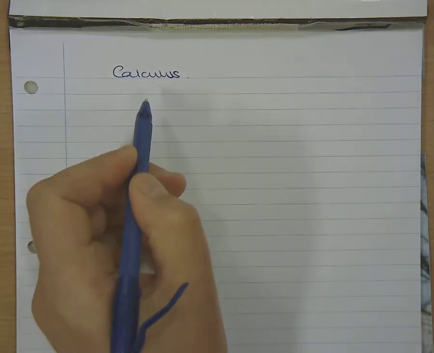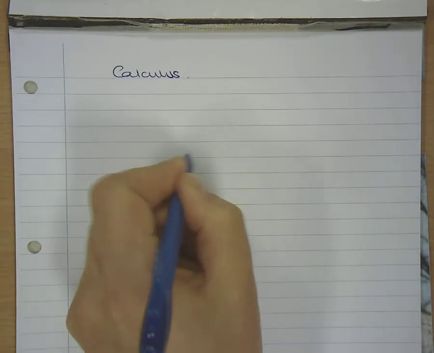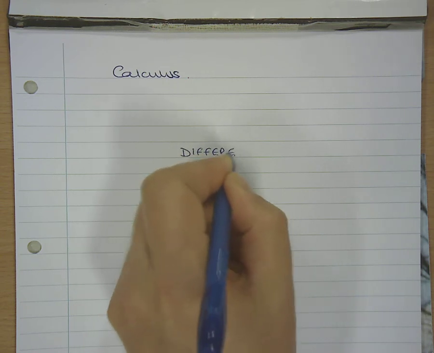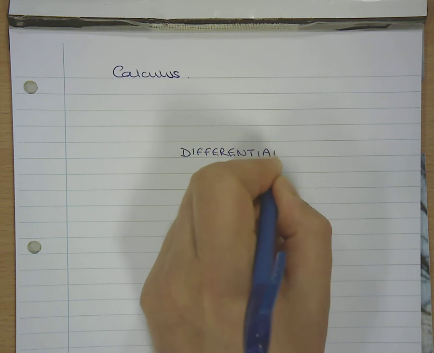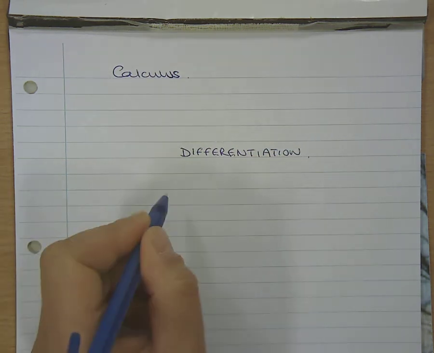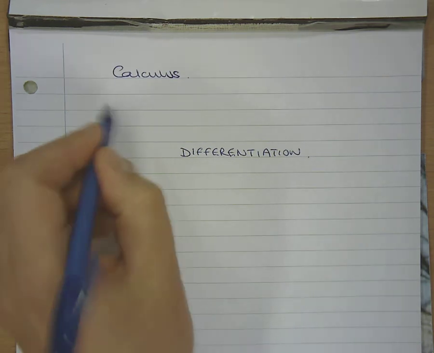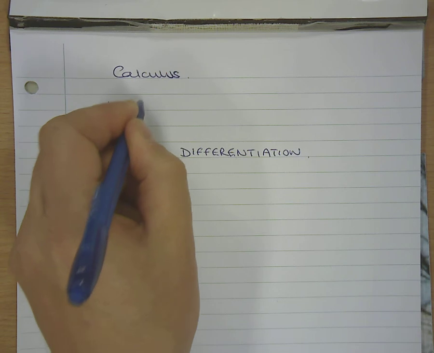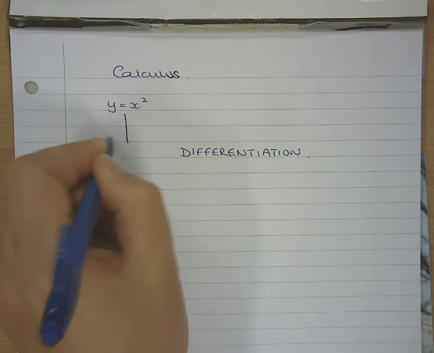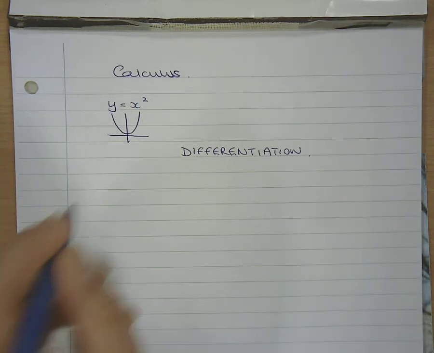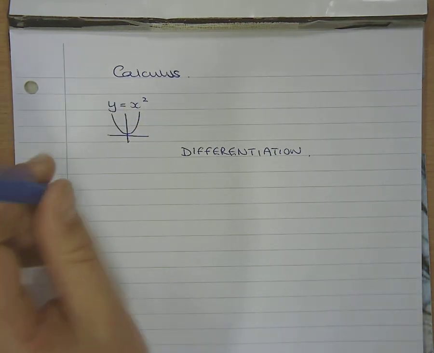An overview of calculus. Calculus at IGCSE is about something called differentiation. Okay, and differentiation is finding the gradient function. So if we are given, say, I'll take a simple graph of something like y equals x squared, we know that y equals x squared will look like this, and at each point the gradient of that line